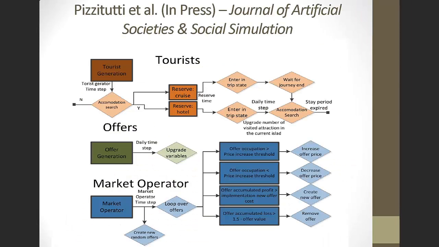Just believe me that there are three things here that I wanted to mention. We have a tourist generation offer situation where they choose between cruises and hotels. They look at various accommodations, they choose an offer, they decide on how long they want to go, how long they want to stay, which hotels they want to stay at, which boats they want to go on, and what things they want to do. Each island offers different things, and so the tourist is choosing packages that relate to their preferred needs. There are offers that are already being updated and changed, and so we want to be able to allow that to happen. We have a market operator who is basically looping through the offers, creating random offers, other ways to entice tourists into the